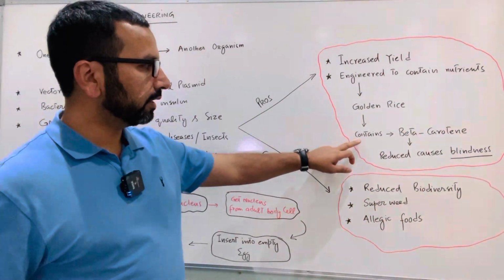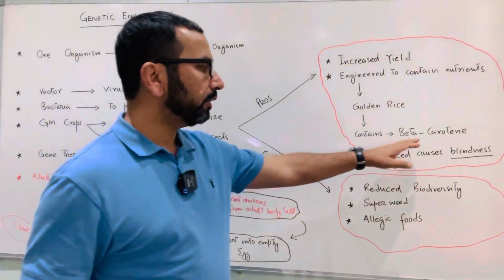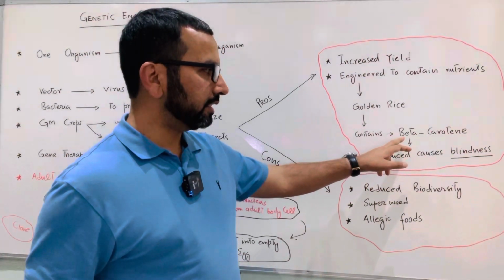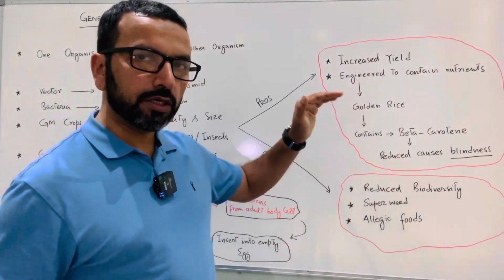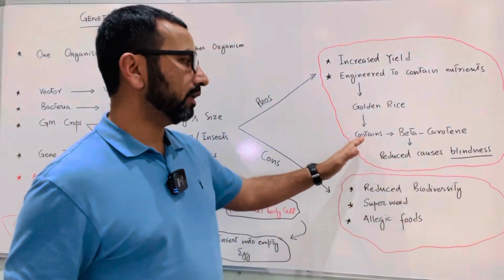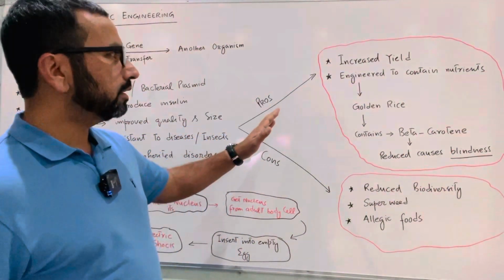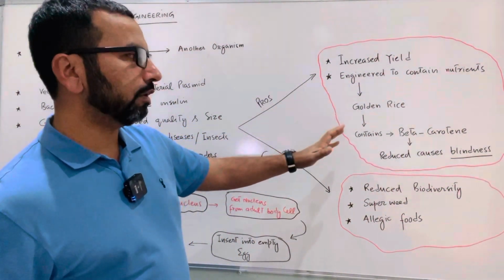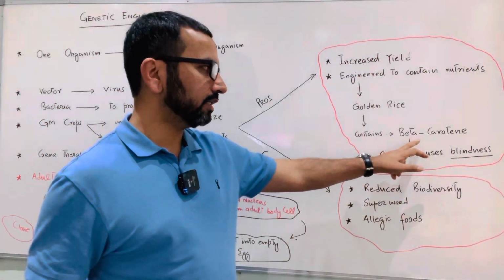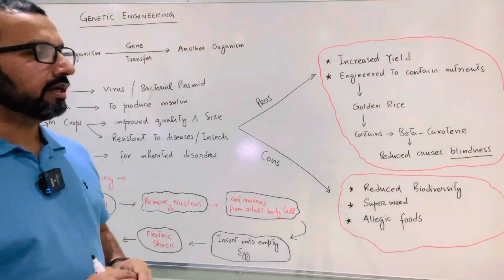Golden rice contains beta carotene. A lack of beta carotene in our food can cause blindness. So as a result of genetically modified crops, we can have golden rice which contains natural quantities of beta carotene to prevent